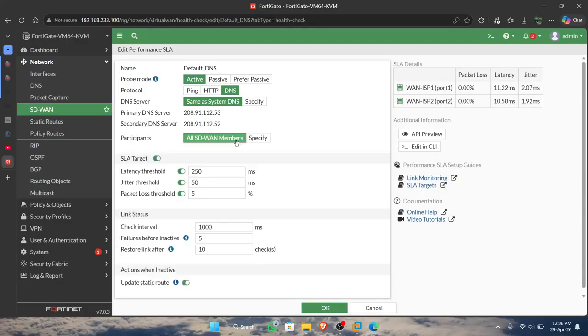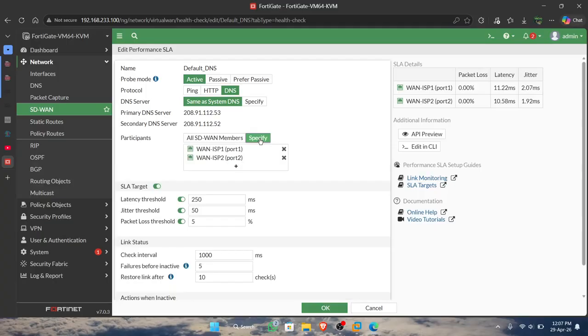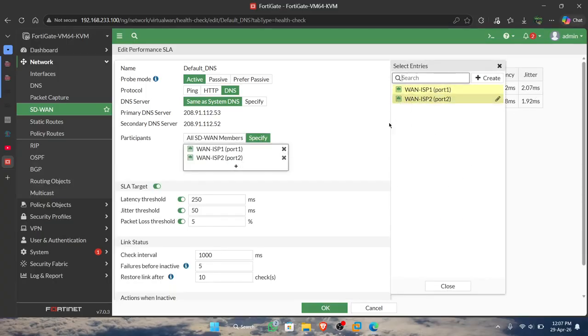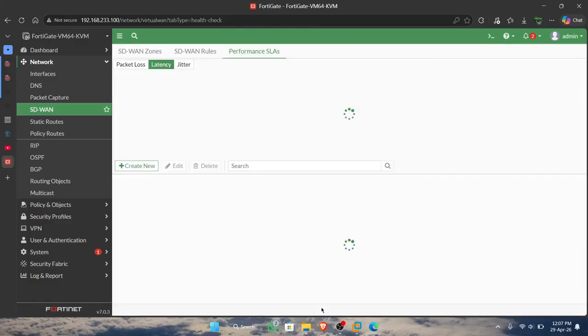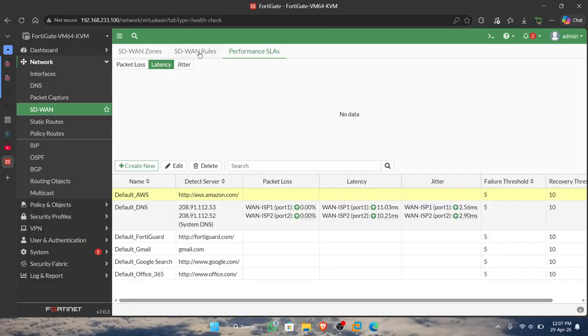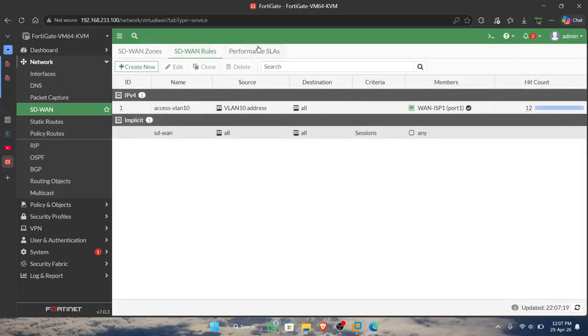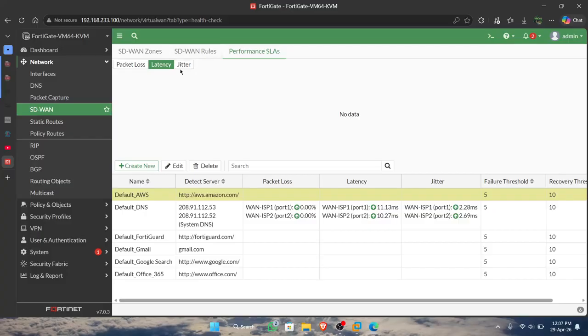I mean, you can choose SD1 members or specify. Here we can enter ISP1 and ISP2. I have configured the SLA from the latency.